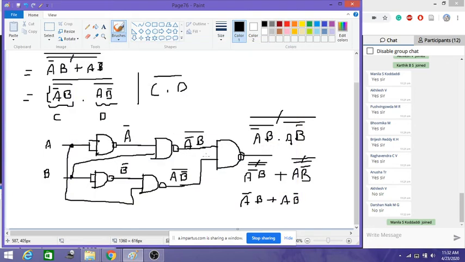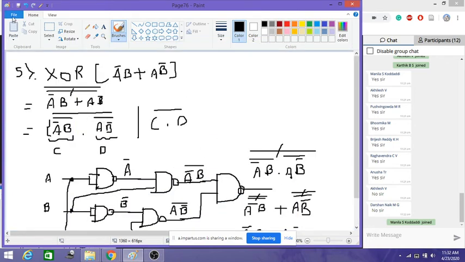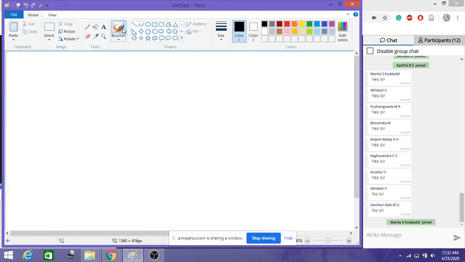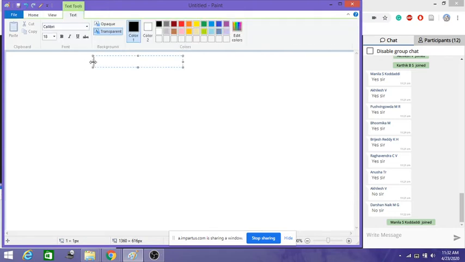76. Right. So now let us look into the next thing. Realization of XNOR gate, I will leave it to you. Realize it using NAND gate. So that will be a kind of homework for you. So next I will go for